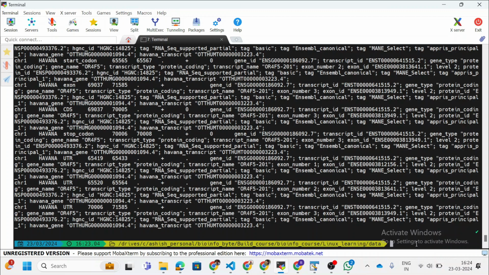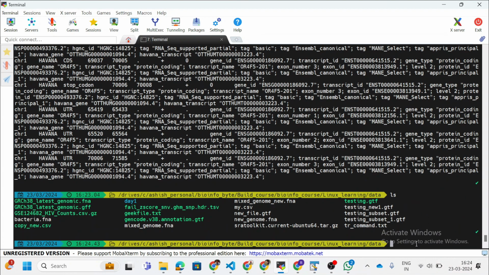To convert from one character to another character, we have learned the tr command. If you remember, at that time I was converting parenthesis into close bracket. So I'll use the tr command. For example, I want to show the output on the terminal. Which file was this? testing_new_one.gtf.